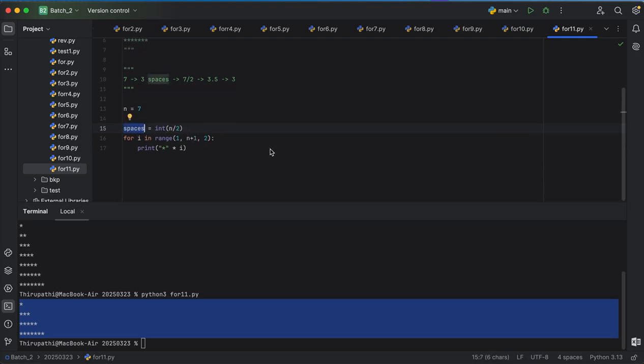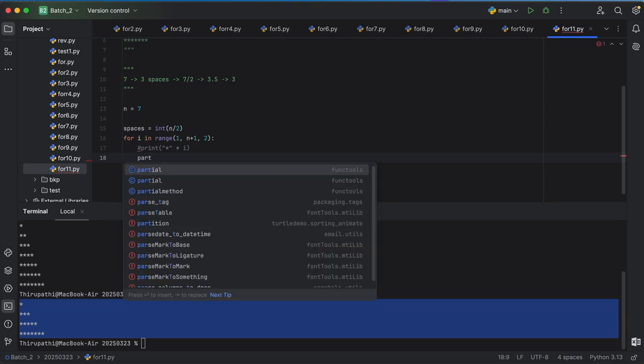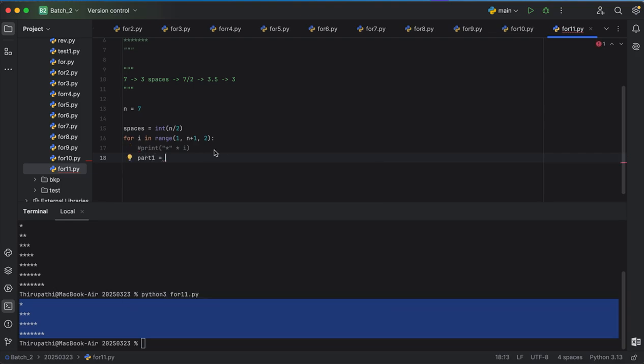Now we have spaces also, right? Now how to put these spaces on the front side? Here we need to put two parts. Part one is spaces, part two is stars. Part one is spaces here. Part 1 equal to